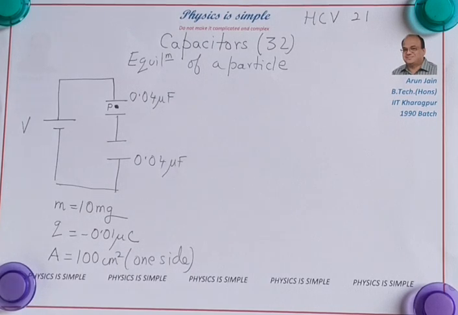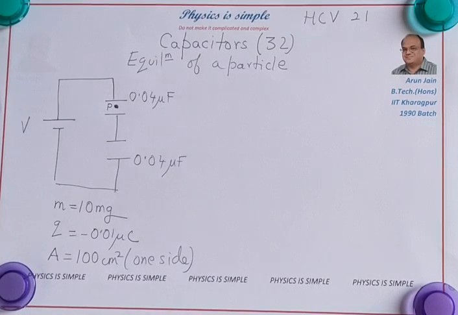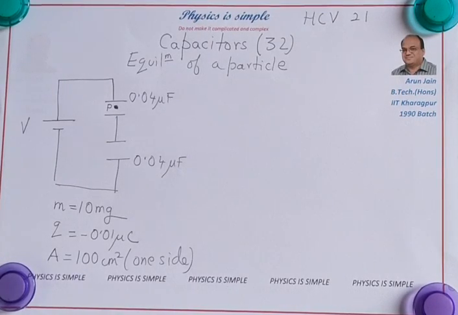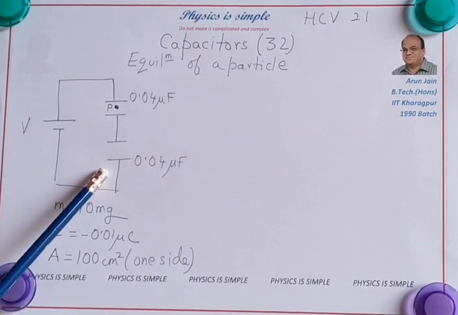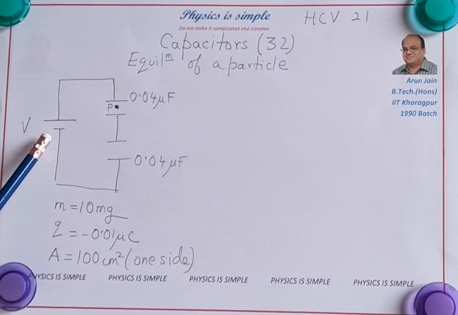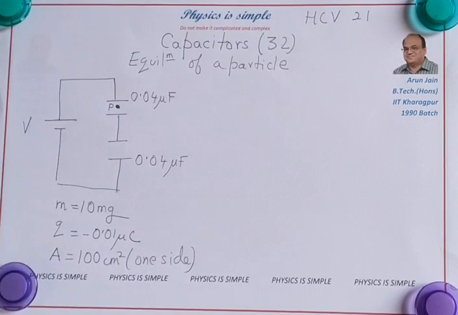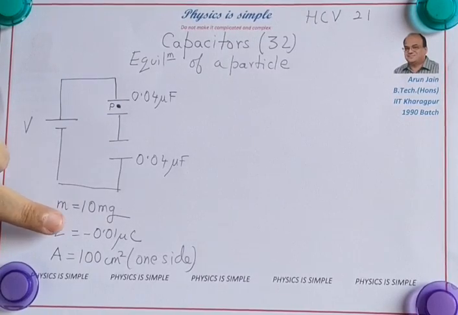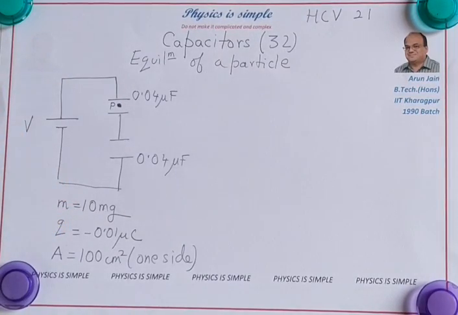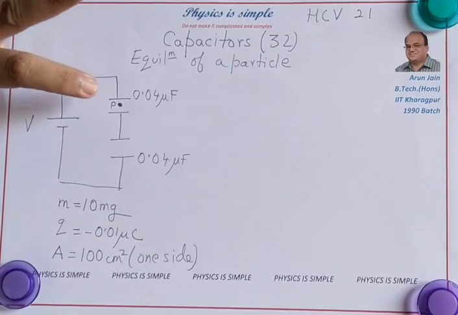In this lesson, we are going to look at equilibrium of a particle inside a capacitor. These two capacitors are connected to a battery that gives them a potential difference of V. Inside this capacitor there is a particle of mass 10 milligram and charge minus 0.01 microcoulomb, and this particle is